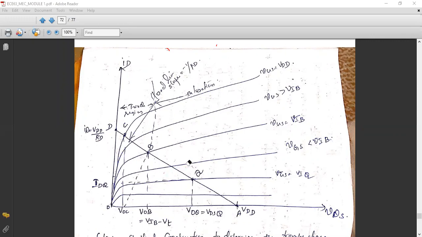So if in the question paper they have asked to derive the transfer characteristics graphically, first you have to go for the large signal analysis and write the equation. Then you have to find the points A and D which lie on the x-axis and y-axis. That is nothing but your DC load line, and explain how the slope of the DC load line is getting as -1 by RD. After that, you have to draw this entire curve. Now start drawing. After that, I will explain.